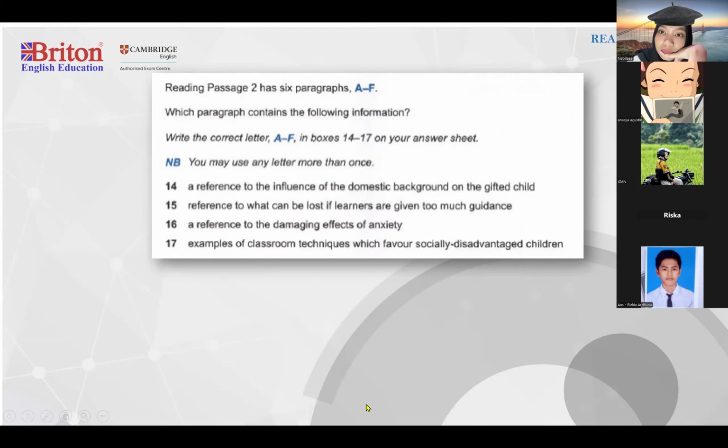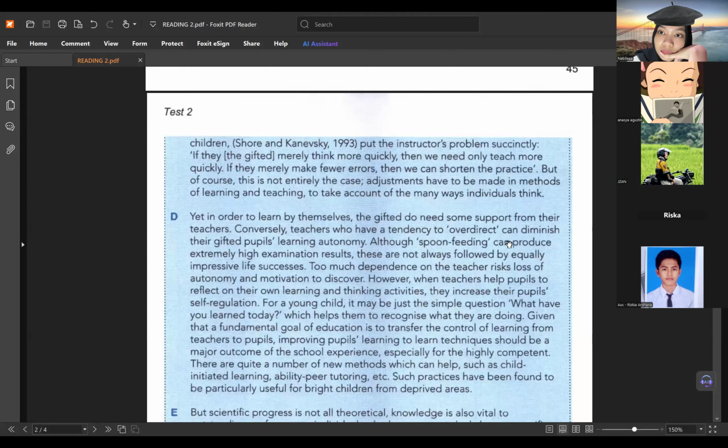So let's check. Does paragraph D say that? In order for the gifted, need some support from teachers. There it is. Teachers who have a tendency to over-direct can diminish their gifted pupils' learning autonomy. Guru-guru yang tendensinya terlalu mengatur, over-direct means over mengatur, over membimbing, can diminish their gifted pupils' learning autonomy. Dapat mengurangi otonomi, kebebasan belajar dari siswa-siswa yang berbakat. So, it confirms the answer is